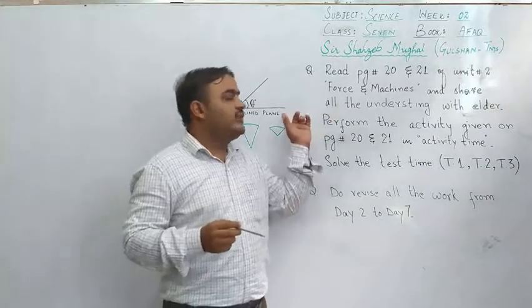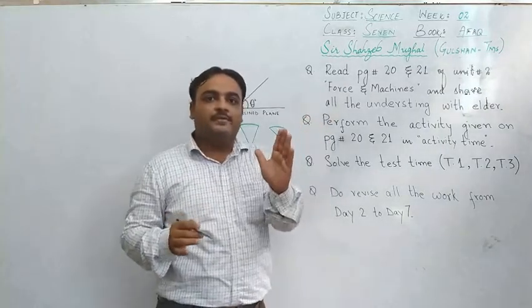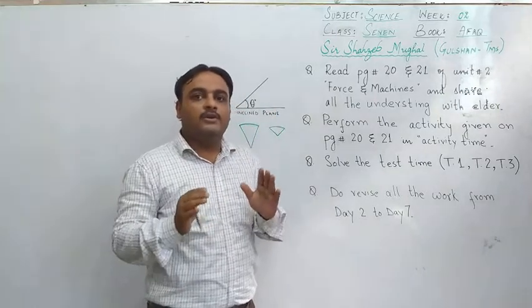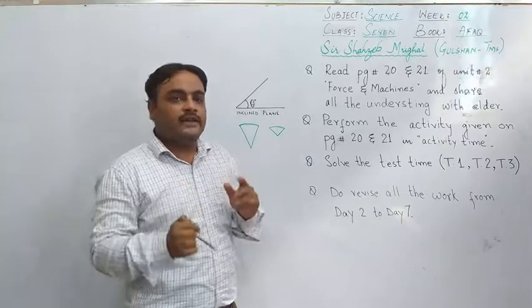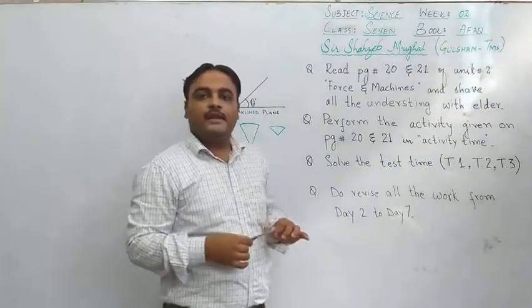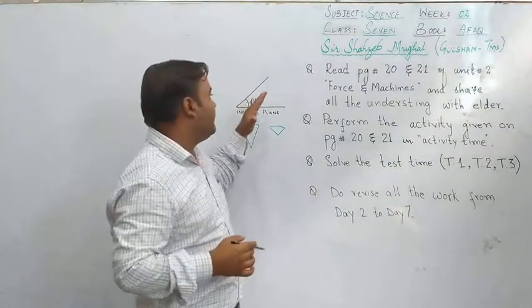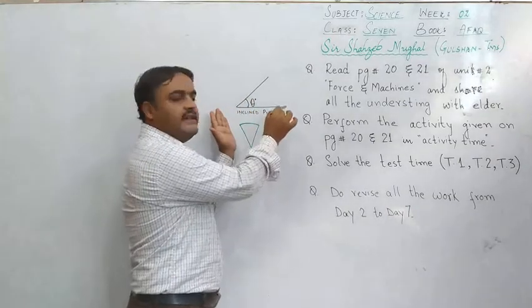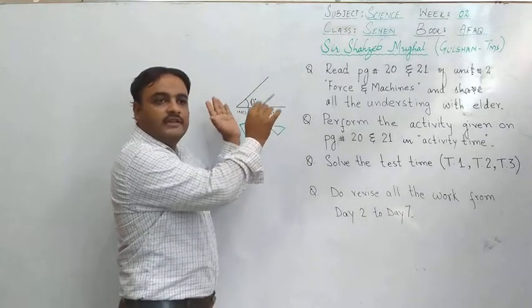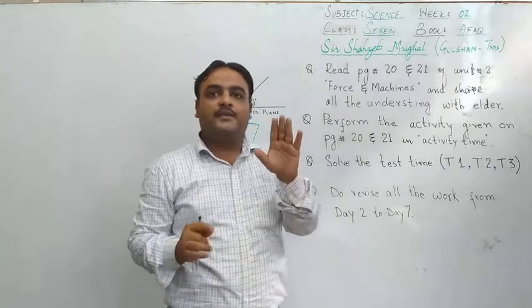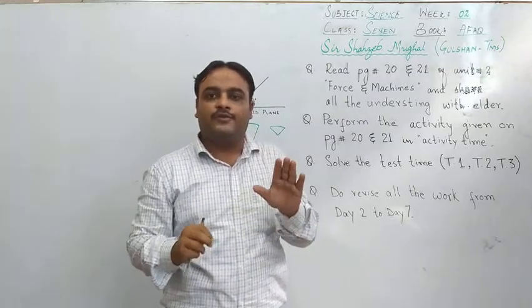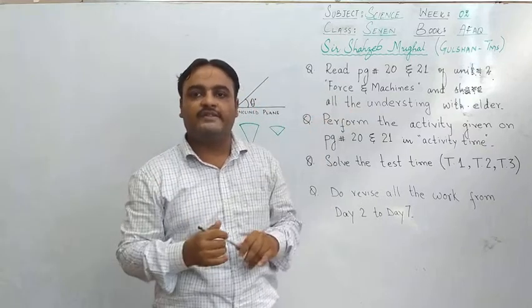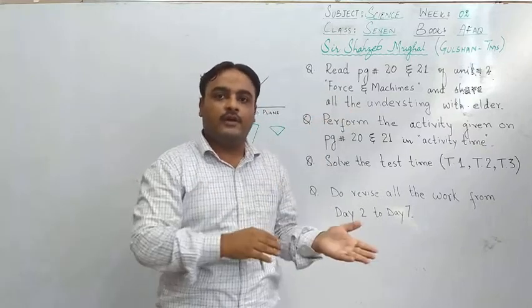Page number 20 is about the inclined plane. So, I must give you an idea about what an inclined plane actually is. Basically, an inclined plane is a plane surface which makes some angle with another plane surface. Daily examples are the ramp present at your house for uploading some stuff, some weights, or for carrying in